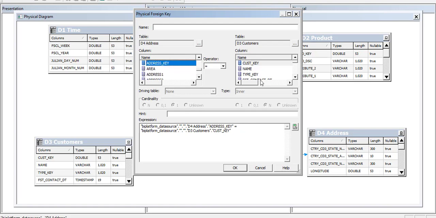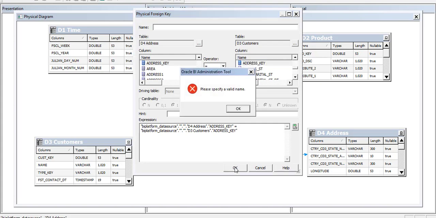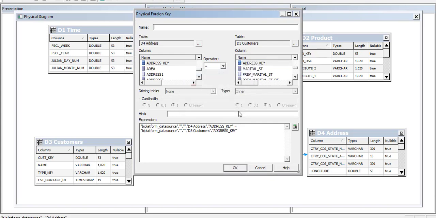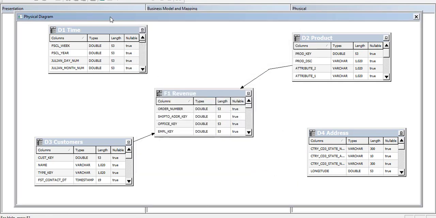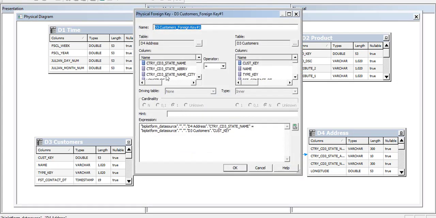Address, and on the right side also pressing address. You can see the expression in the bottom window. This is a valid name. And again pressing. Okay. Address key.